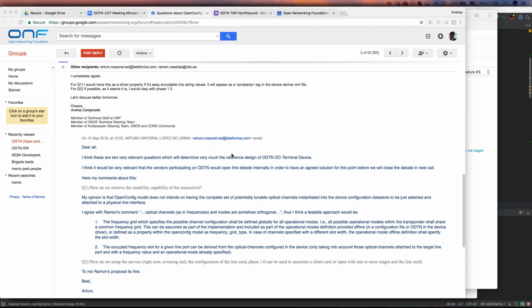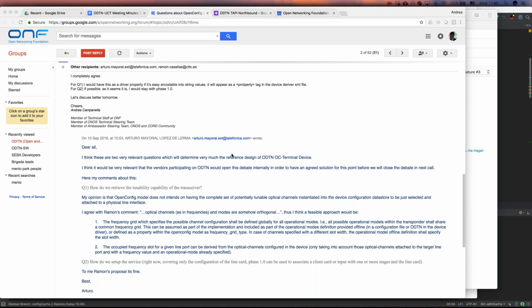So I don't know if I agree on the clarification. I agree on the second two points. The first one, I am a little bit surprised. Maybe there is something that I missed. If I understood correctly, you say that an optical channel component cannot be instantiated without the leafref to a line port, right? In my understanding of YANG, if you have a leaf that is a leafref,